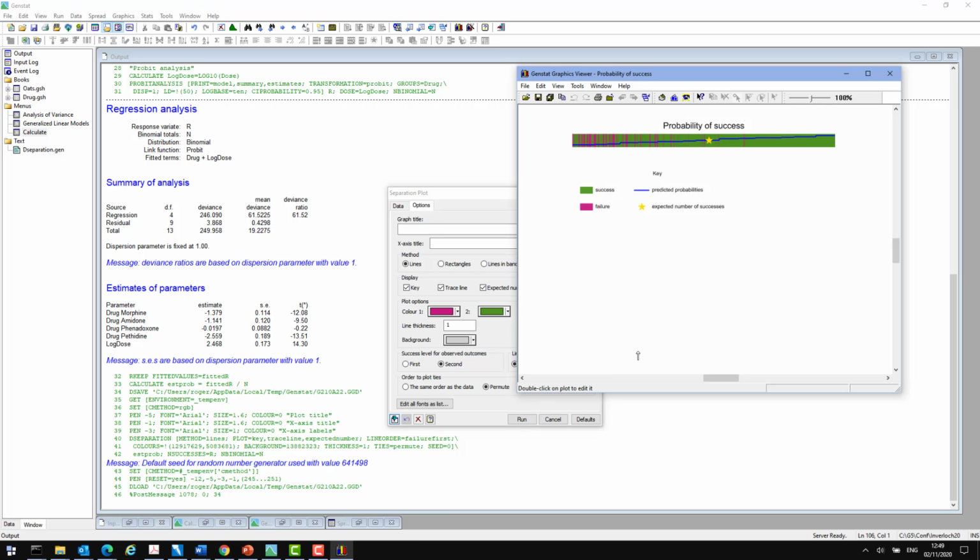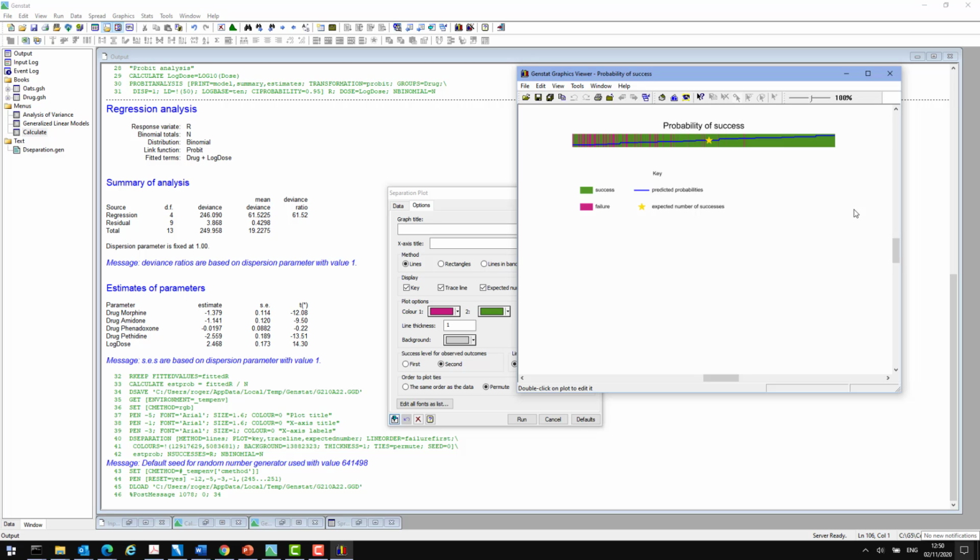So here's the separation plot. What we have here is the star is the point at which we go from predicting failures to predicting successes. We've got the lines here showing the failures in red and the greens showing the successes. I think what you can see is that the analysis, despite the fact that it's really a very reasonable fit, still isn't brilliant at predicting successes and failures,